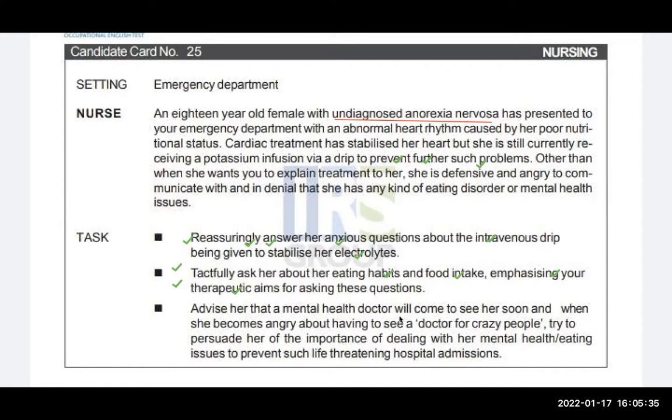Advise that a mental health doctor will come to see her soon, and when she becomes angry about it saying it is a matter for crazy people, try to persuade her of the importance of dealing with her mental health eating issues to prevent such life threatening hospital admissions. तो उसको बताना है कि mental health doctors crazy people के लिए नहीं होते, ये इंपॉर्टेंट है आपकी मेंटल हेल्थ से और ईटिंग इश्यूज को डील करने के लिए, ताकि आपको ऐसे लाइफ थ्रेटनिंग हॉस्पिटलाइजेशन न हों,